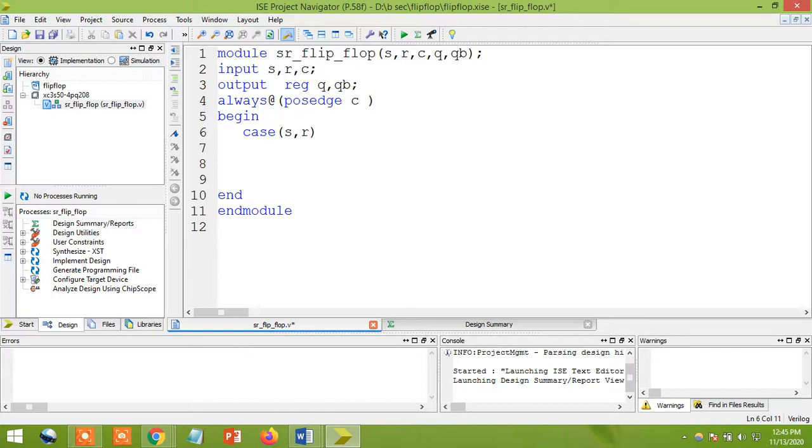This is because S and R you can't take here, it shows an error, because whatever the inputs S and R, you're not defining them together; you're defining S separately and R separately. So then you need to separate here also, S comma R. And what is my intention? While writing my program, I'm going to combine these two. While combining these two, I'm going for the concatenation operator. You already know the concatenation operator, that is the flower bracket I'm going to use. See that I'm going to use one flower bracket here.